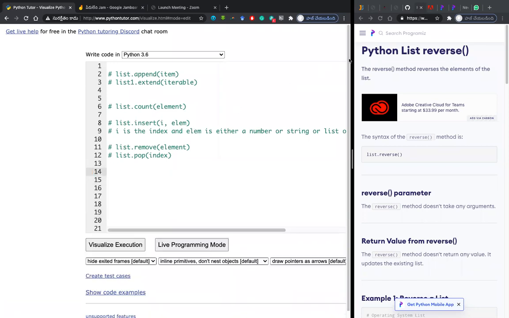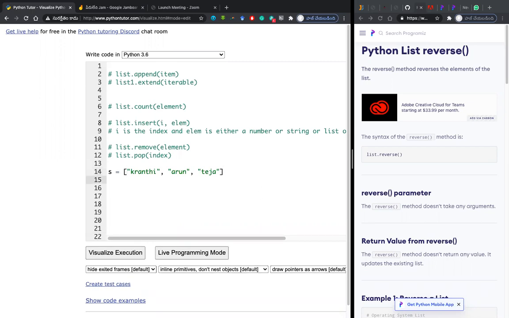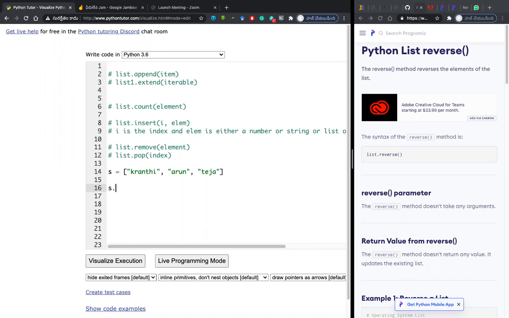So next, what if we have strings? I mean, what if we have in the list strings and integers? Will it give a sorting error? Do you want strings? Okay, let us try for strings also. You want something like this, Kranti, something like Arun, Teja. If we sort it, let us see how it will sort. So S dot sort, this is what you are asking, right? Whether it will sort or not. Yes, sir. Okay, let us see.